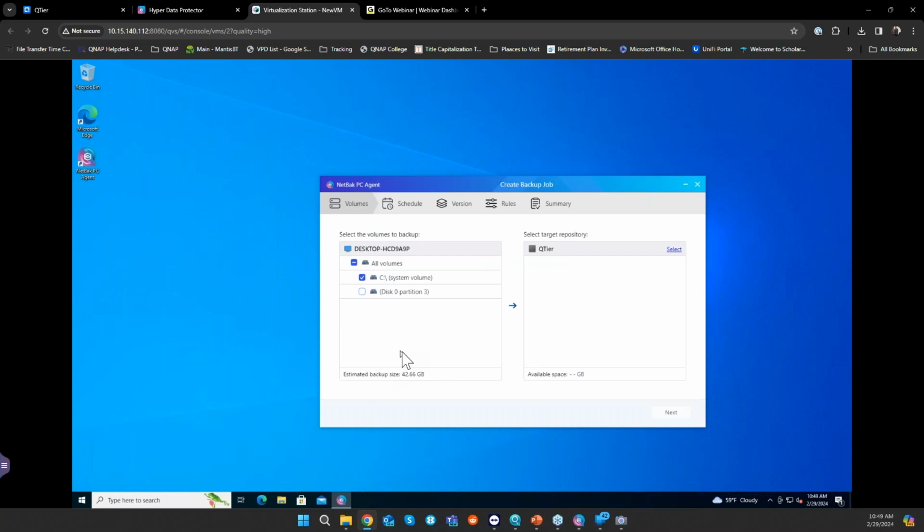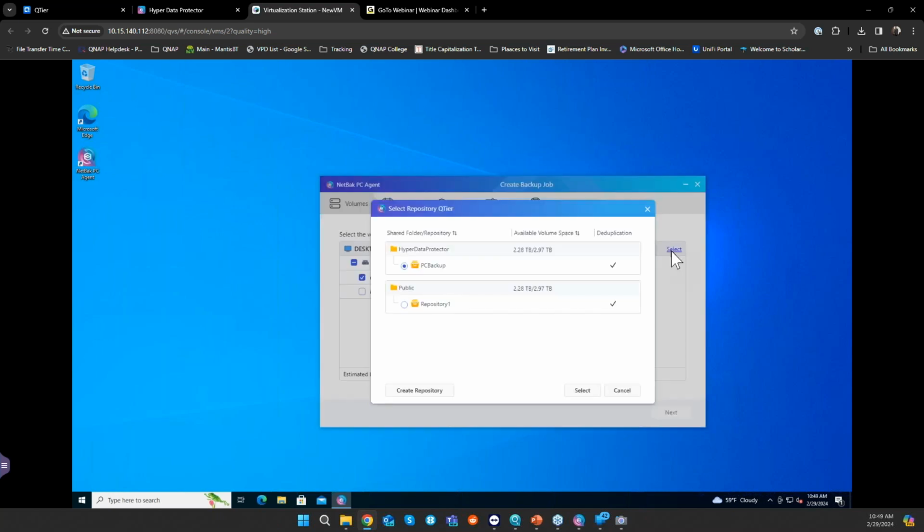This is where it's going to show you what you want to back up. So if you have multiple volumes on the computer, you can select all the volumes, or if you just have one volume, which is a C volume, you can select that. And this is going to your QNAP NAS, which is my QNAP NAS name. Click on select. And then now it's going to show you multiple repositories because I have two different repositories. So you can select whichever repository you want and then click on select